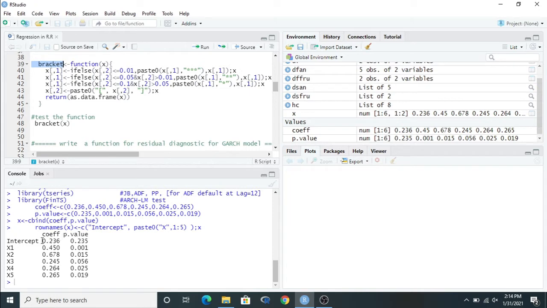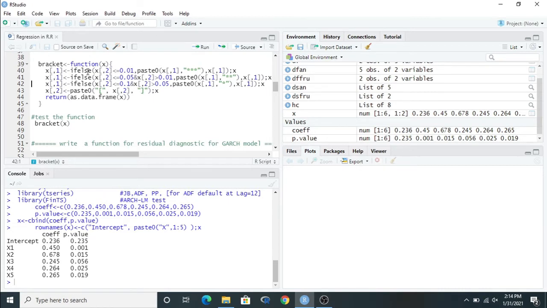Okay, so we have to change the first column with respect to the second column. So I write x, then start the square bracket. Square bracket indicates the positional value. The first portion inside the square bracket is blank, which means all rows, and this is 1. It means we are going to change the value of the first column and all rows from the x data frame.